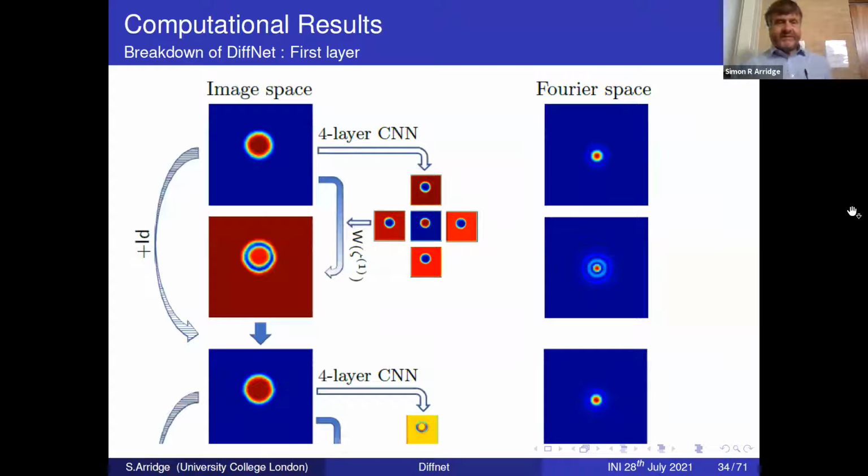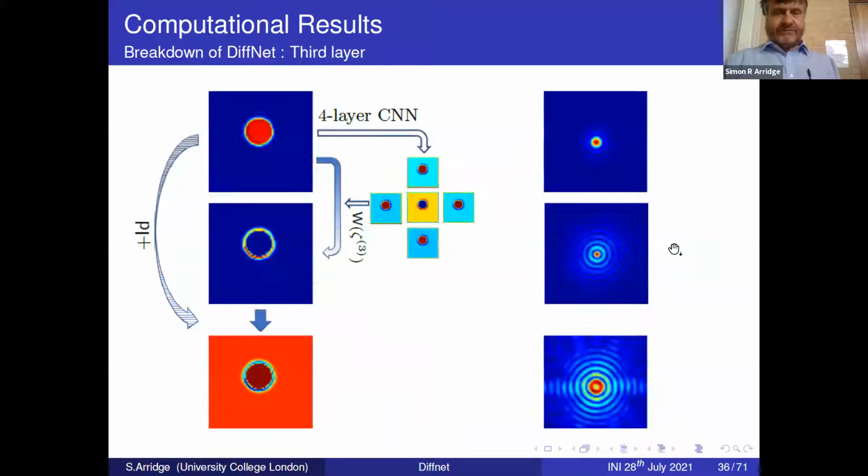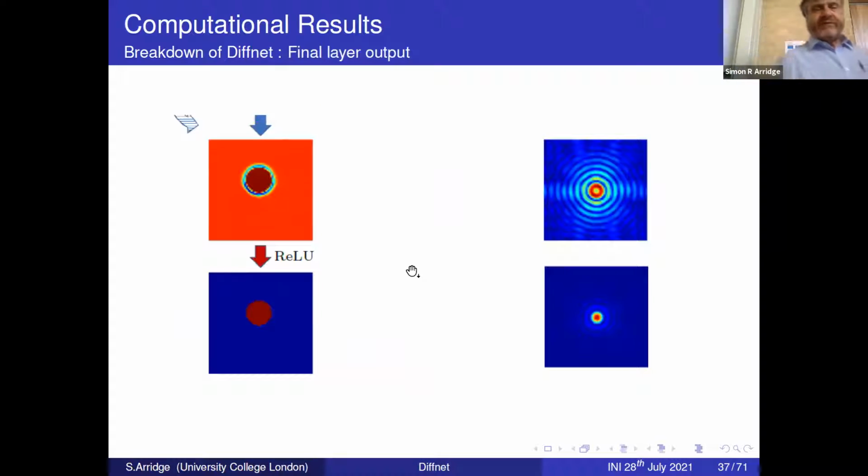Just looking at it in a bit more detail, starting with the initial image, we have the network which learns the weights and learns this Laplacian-like filter. We add the image and get the next iteration. Here are the corresponding coefficients learned in Fourier space. As we proceed in the network, we're learning more and more higher frequencies in this convolution kernel. We get to the final step here, and then we apply a final ReLU to enforce positivity.